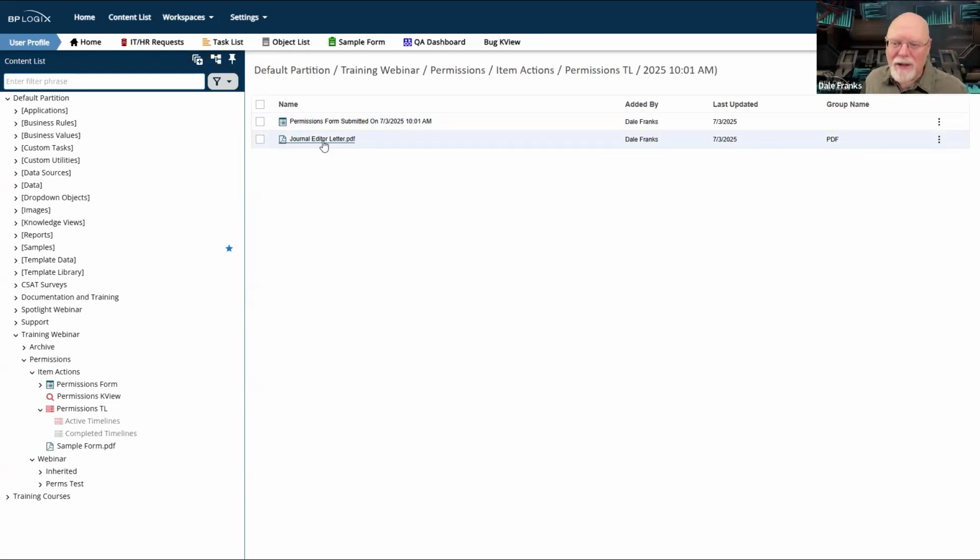And that kind of gives us the idea that, okay, well, I have my permissions timeline. That's the parent object. And then I have this timeline instance, which is the child object. And then I have the form and the document, which are both attached to the timeline instance. So they must be children of the timeline instance.